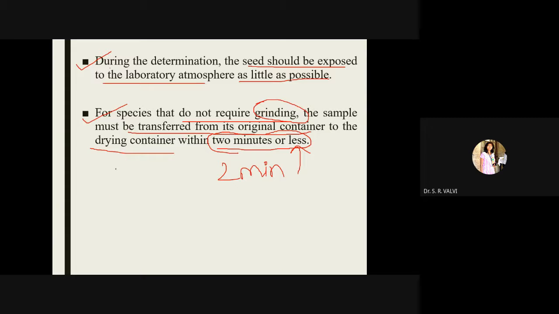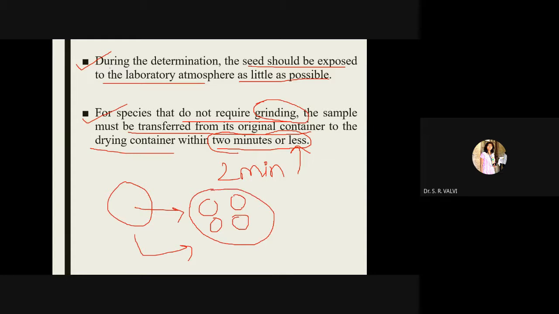Because moisture meters are very small instruments to determine the moisture from the seeds, right? So here the grinding must be there. Suppose this is the bigger seed, that should be broken into smaller pieces so that we can identify the moisture content from it. These are the ground material of this particular seed, so we can measure the moisture content from these small parts of that seed.